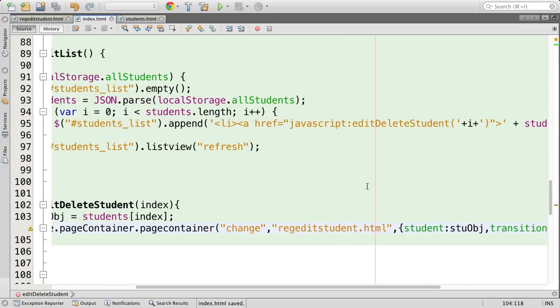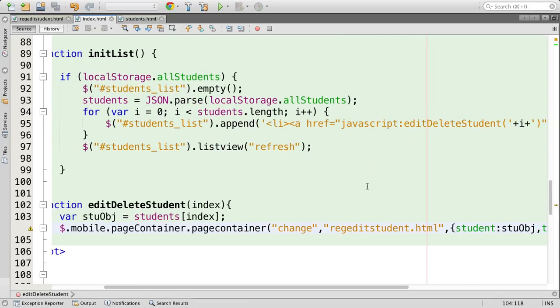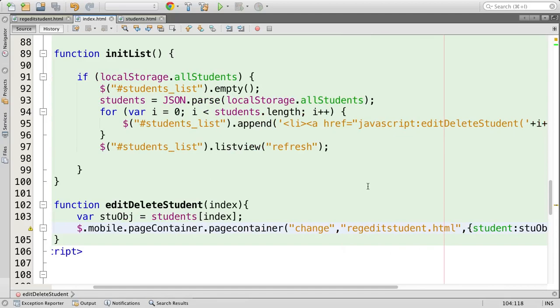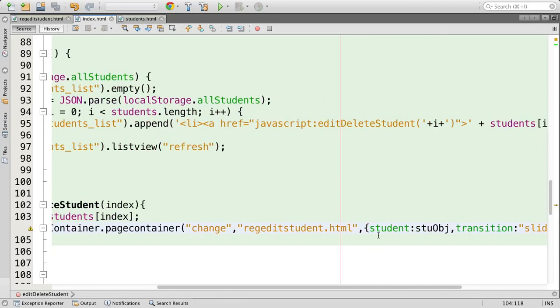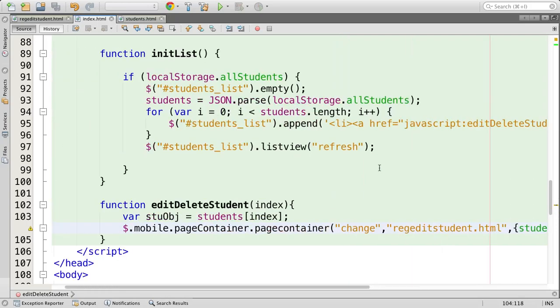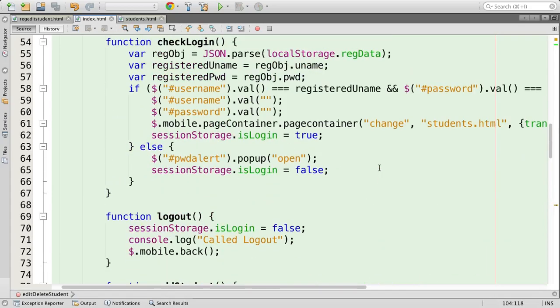So I'm going to make sure programmatically that as soon as I click the particular index, the selected student object is taken to the register edit student page. So in this case,